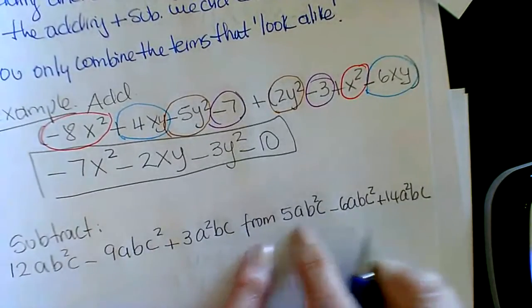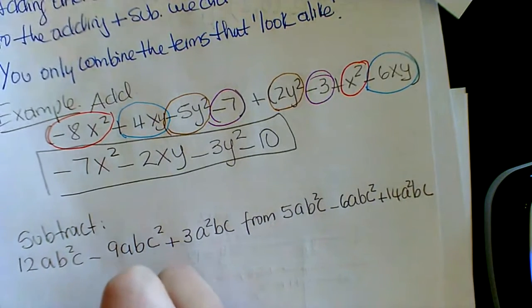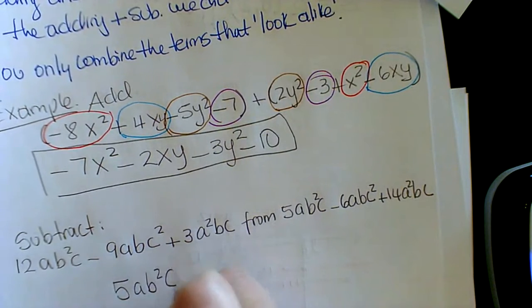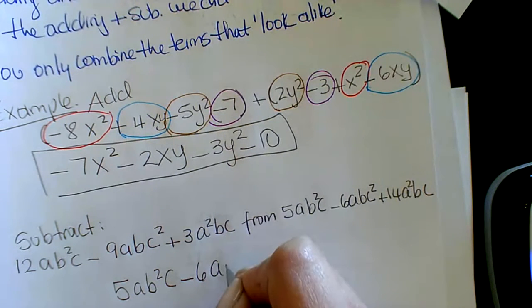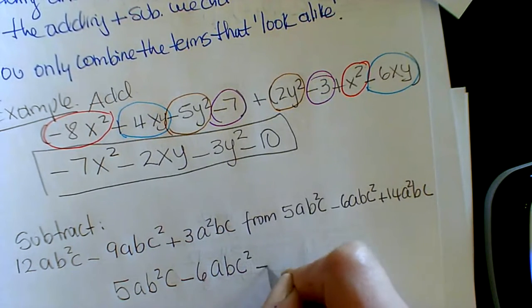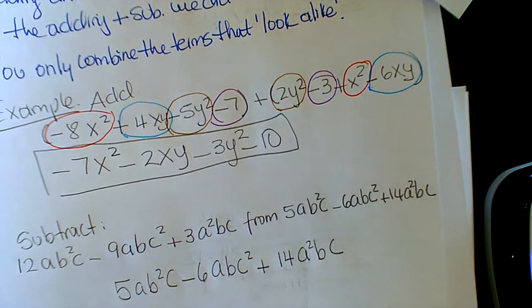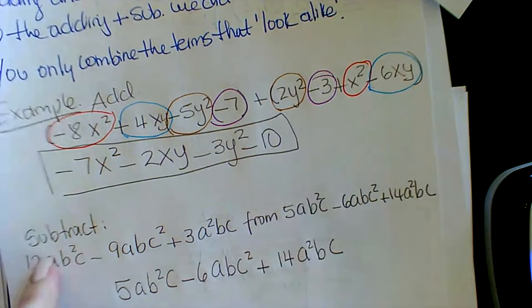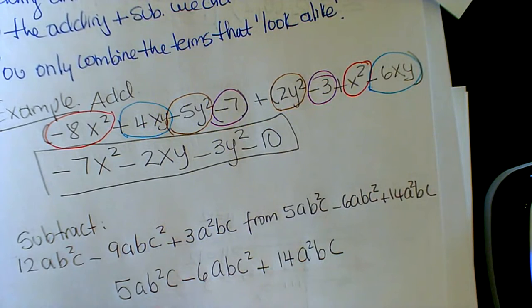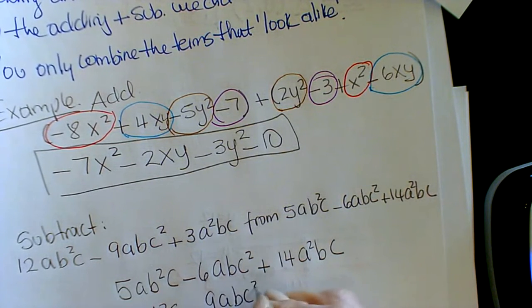So because it says from this one, so this one is going to be my first term. So I'm going to have 5. Let me write it down. 6abc squared plus 14a squared bc, right? So they want me to take this one from this one. So now this term, 12ab squared c, is going to be right below this one, negative 9abc squared,